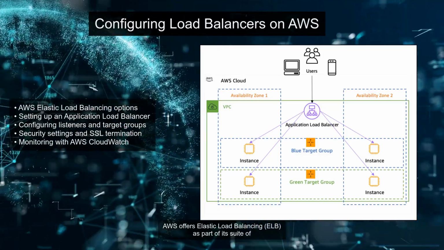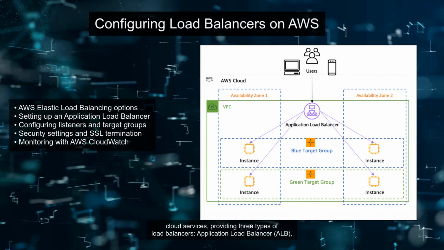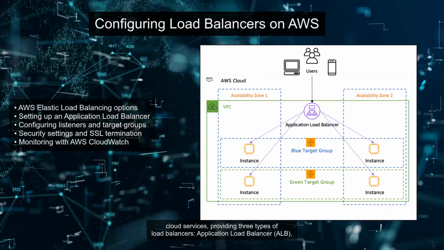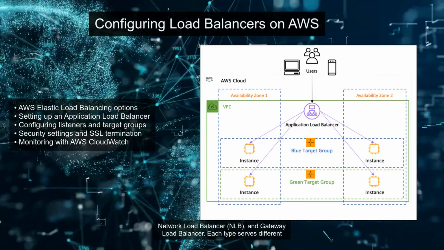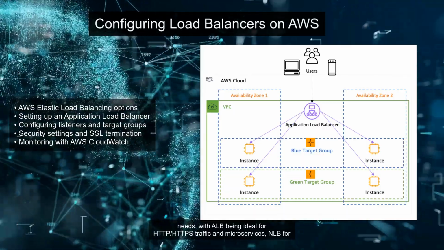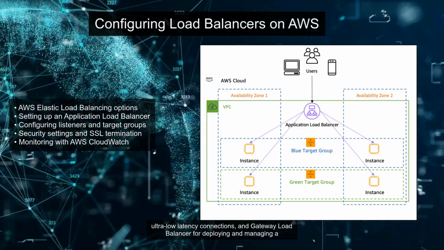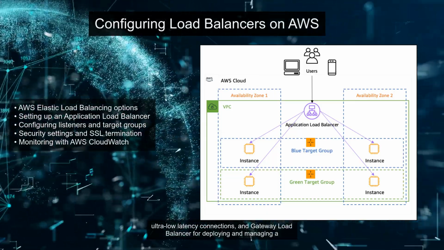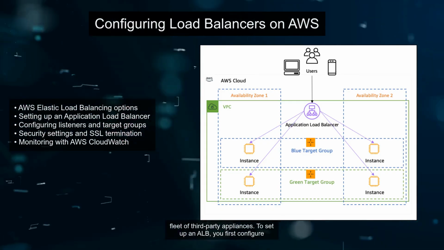AWS offers Elastic Load Balancing, ELB, as part of its suite of cloud services, providing three types of load balancers: Application Load Balancer, ALB, Network Load Balancer, NLB, and Gateway Load Balancer. Each type serves different needs, with ALB being ideal for HTTP/HTTPS traffic and microservices, NLB for ultra-low latency connections, and Gateway Load Balancer for deploying and managing a fleet of